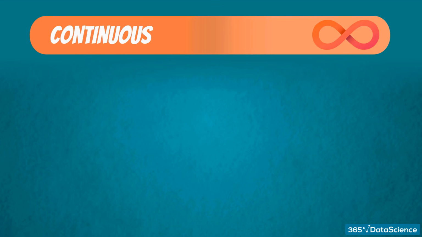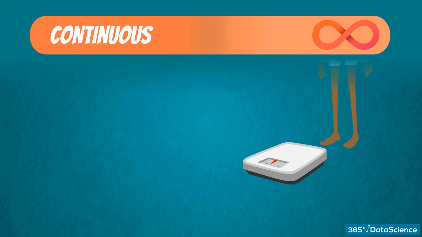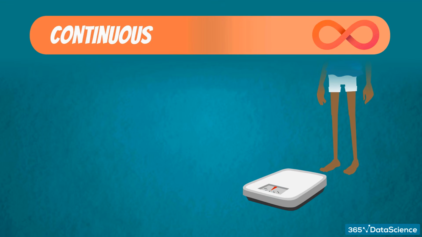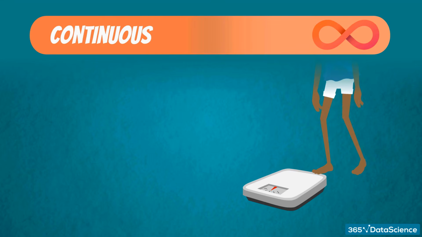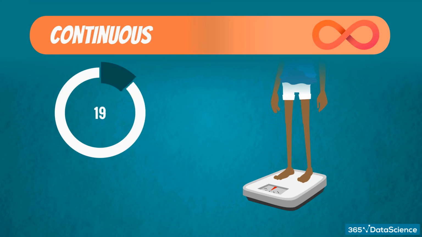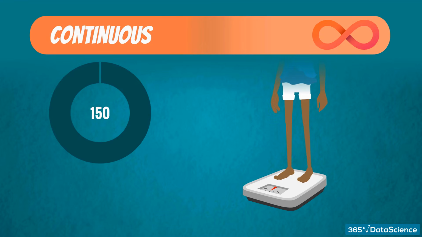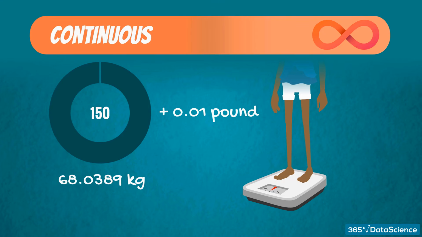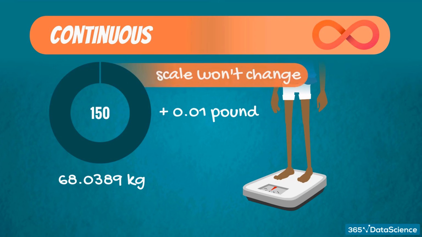Continuous data is infinite and impossible to count. For instance, your weight can take on every value in some range. Let's dig a bit deeper into this. You get on the scale and the screen shows 150 pounds, or 68.0389 kilograms. But this is just an approximation. If you gain 0.01 pound, the figure on the scale is unlikely to change, but your new weight will be 150.01 pounds, or